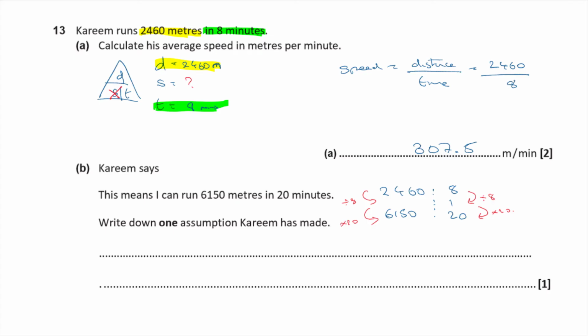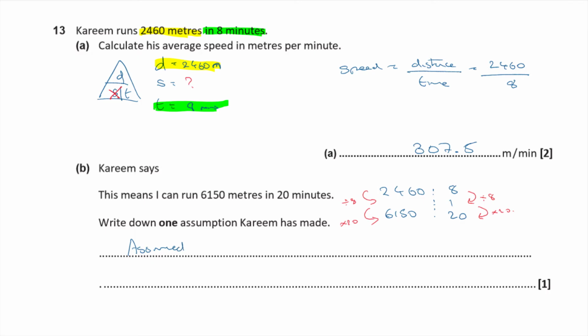It's actually asking us what our assumption is. Now his assumption is that he's going to carry on running at the same speed, isn't he? Okay, so what he's done here, he's used the same distance travelled in the same amount of time, so pretty much the same speed over a longer journey. Now I don't know about you, but once I start running quite far, I get tired and might slow down. So he has